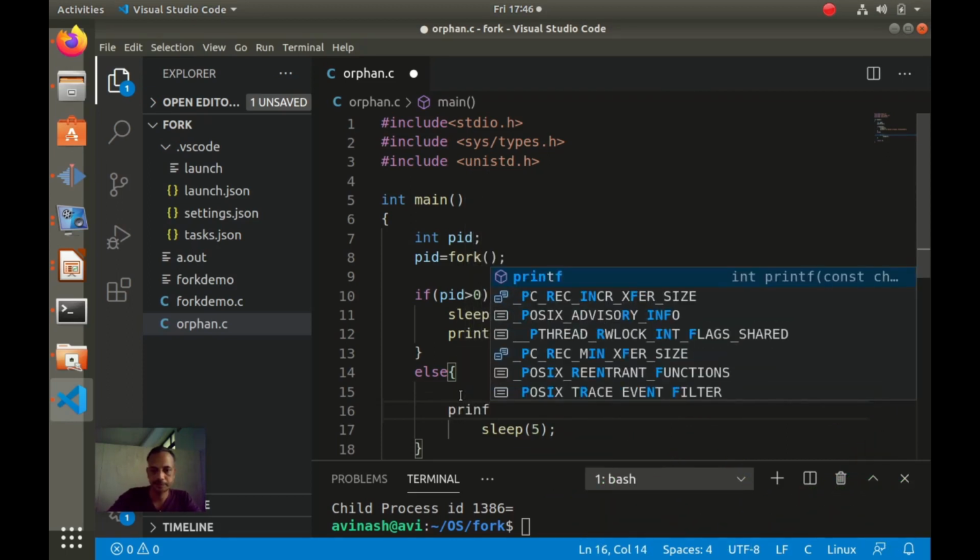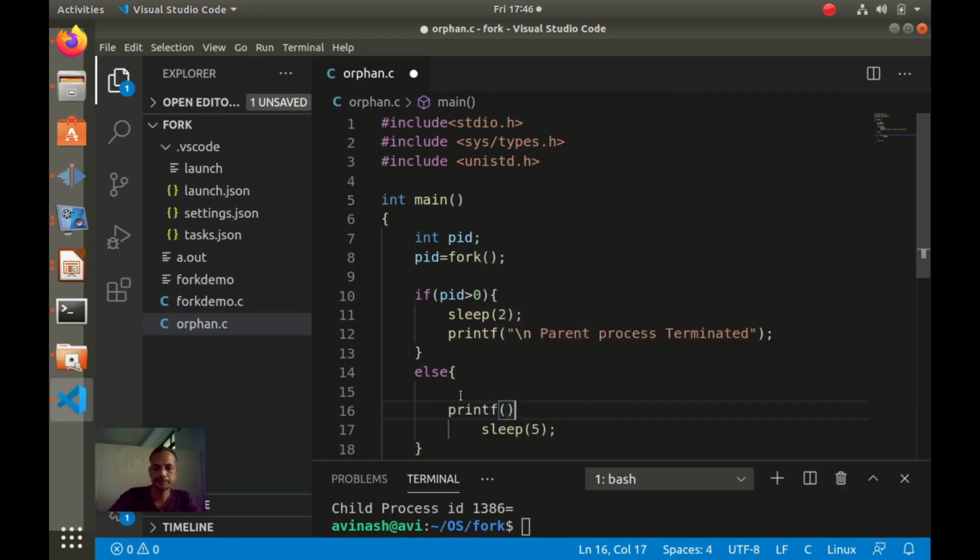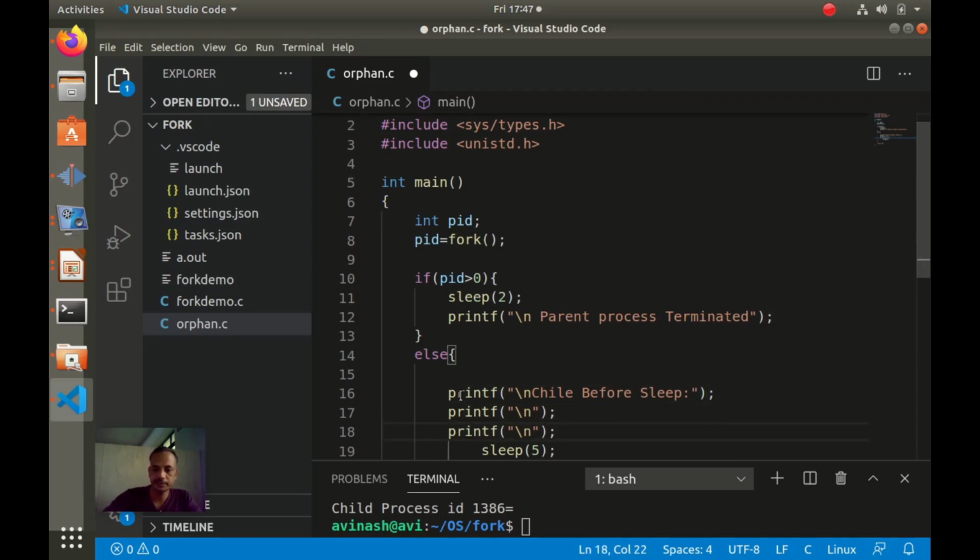Printf \n semicolon. Let me copy this. \n semicolon. Let us write this as child before sleep and print 2 messages here.